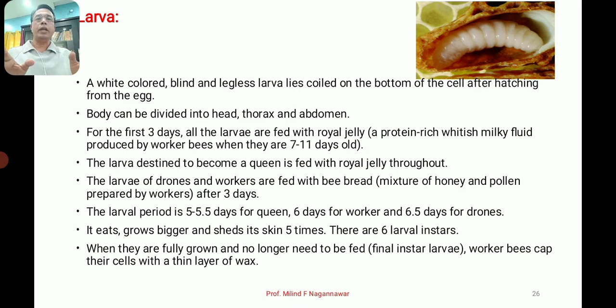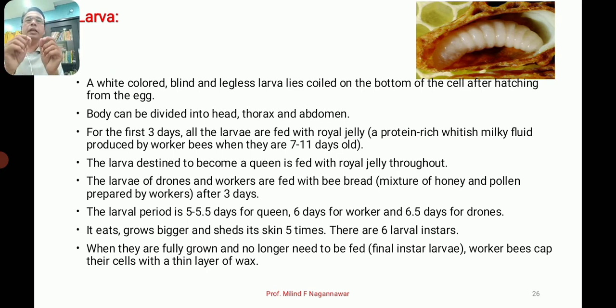Now all these larvae are fed with royal jelly. For the first 3 days, all the larvae are fed with the royal jelly. Now after 3 days, the one which is destined to be a queen bee is continued with the royal jelly food itself,